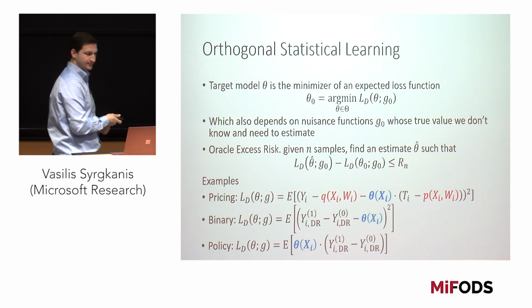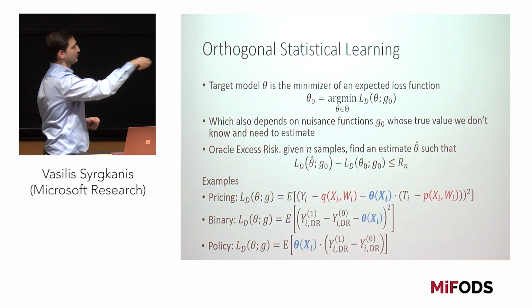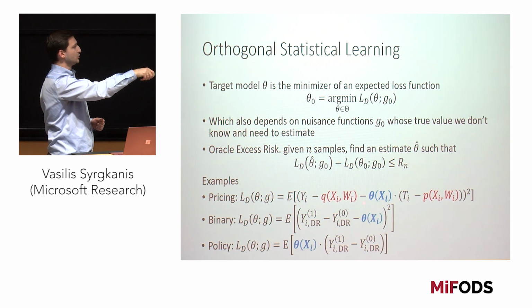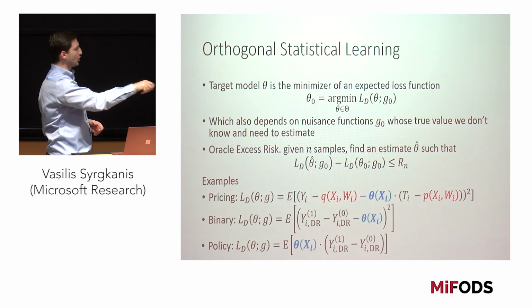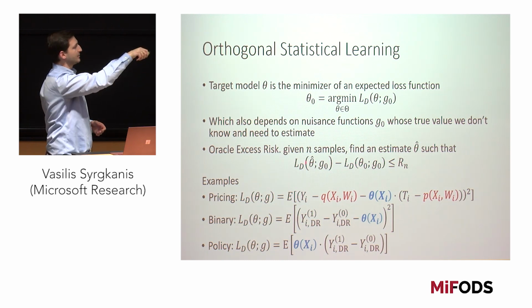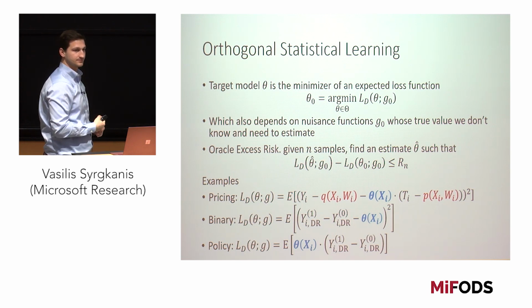Right? Now, why do you care about oracle excess risk? For example, here for the case of square losses, a good excess risk is going to imply good mean squared error because of strong convexity properties of the square loss. And here, oracle excess risk is essentially equal to the regret of your policy. So all of the things that you're interested in here can be abstracted away to this oracle excess risk target quantity.